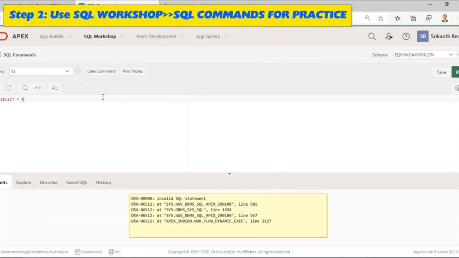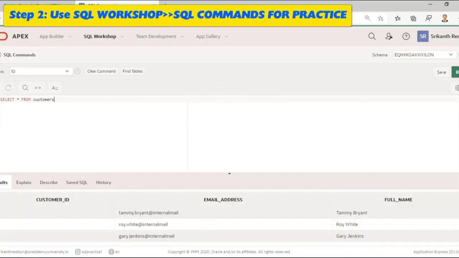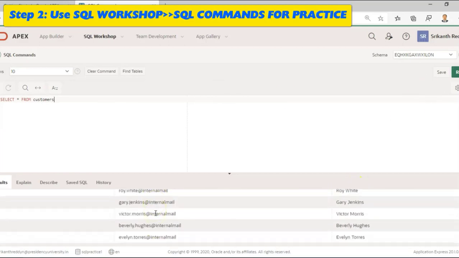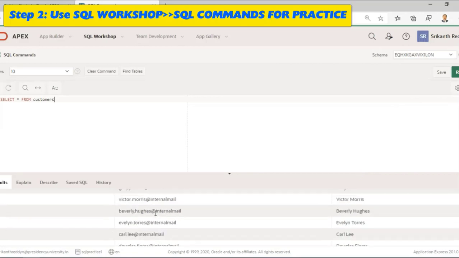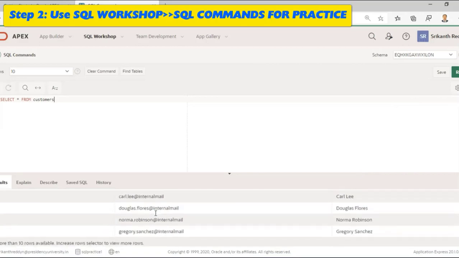Select star from customers. So you can see the first successful command executed.